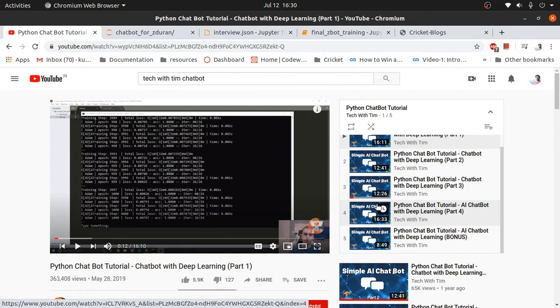Now TFLearn is no longer supported in TensorFlow 2.0, so that's why I tried to build on top of it. I created everything in TensorFlow 2.0. So let's get right into it.